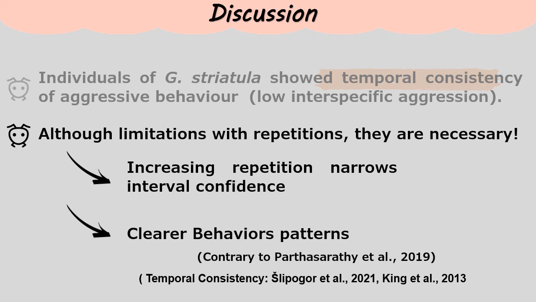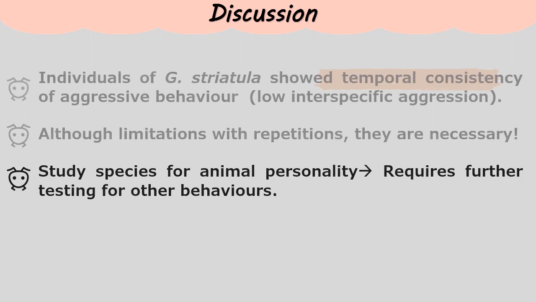This, however, goes in contrast with other studies, for example, one that studied short- and long-term repeatability of aggression and other behavior traits in social spiders. They show that there was a reduction in repeatability of personality traits over the long term relative to the short term. But in spite of that, long-term personality consistency can be found in many other studies for a variety of species, so maybe we can discuss how methods can be more adapted for the lifespan or behavior displayed by the species and how we could accurately assess them. With these results, we can also discuss that Gnaptogenesis striatula is a possible good study species for animal